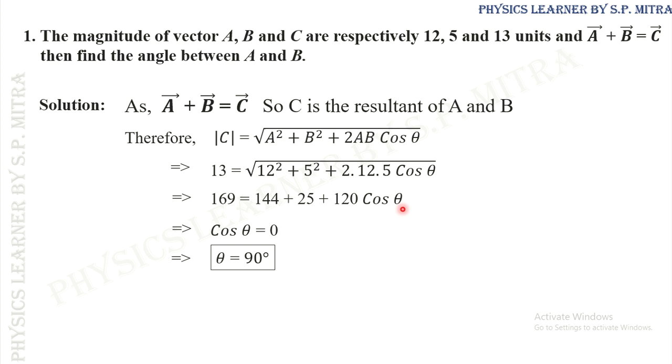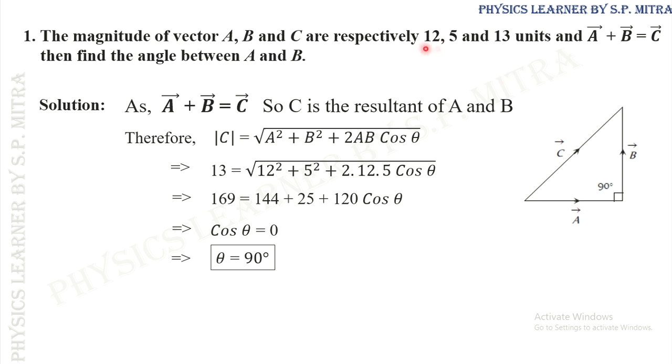Now let us picturize the given problem, which is something like this. We have already got that vectors A and B are perpendicular to each other. That means the vectors A and B can be represented like this, and C is the resultant of A and B. So the vector C can be represented by an arm connecting the initial point of A and the final point of B.